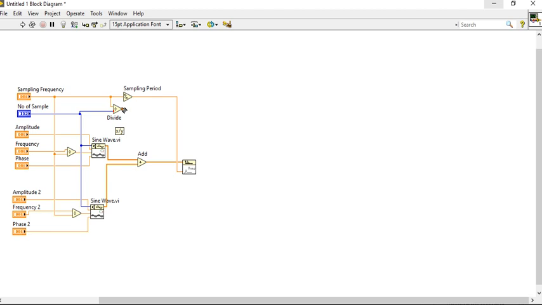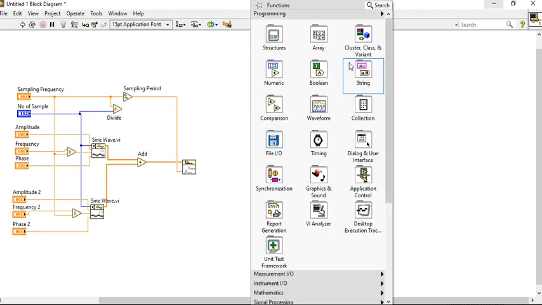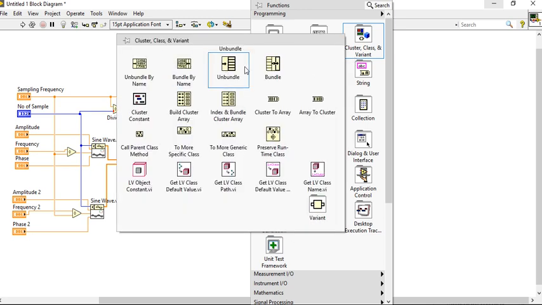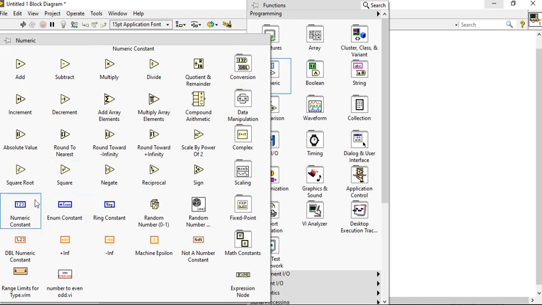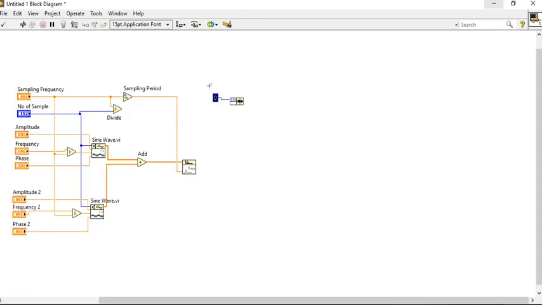It will also be a delta value, but we will use this delta later in some other place, in the bundle function. Create constant delta t0.